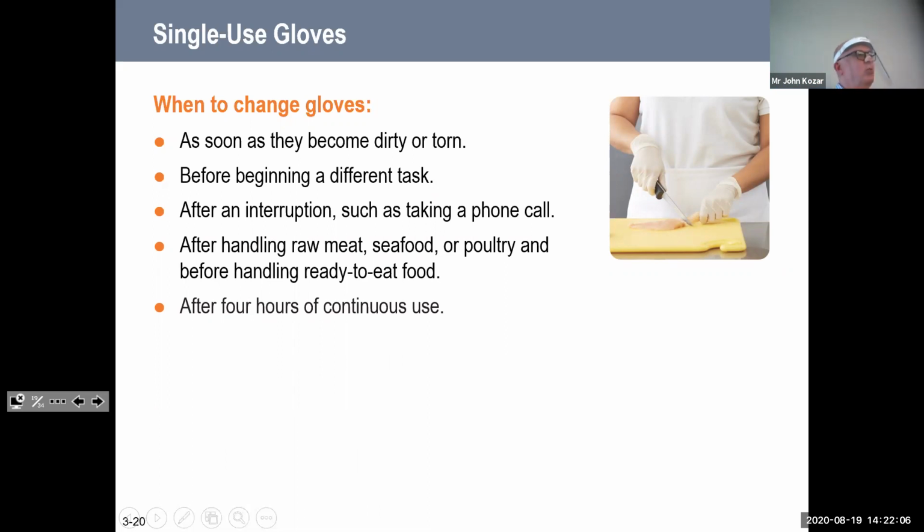So has anybody ever worn these latex gloves? You have? Okay. Have you worn a pair for 4 hours? It's really difficult to wear the same pair of gloves for 4 hours. It's conceivable that you might have a job where you hand make hamburger patties and that's all you do all day long. And if that's the case and you can wear the gloves for 4 straight hours, then you've got to stop, wash your hands, and put on a new pair of gloves.